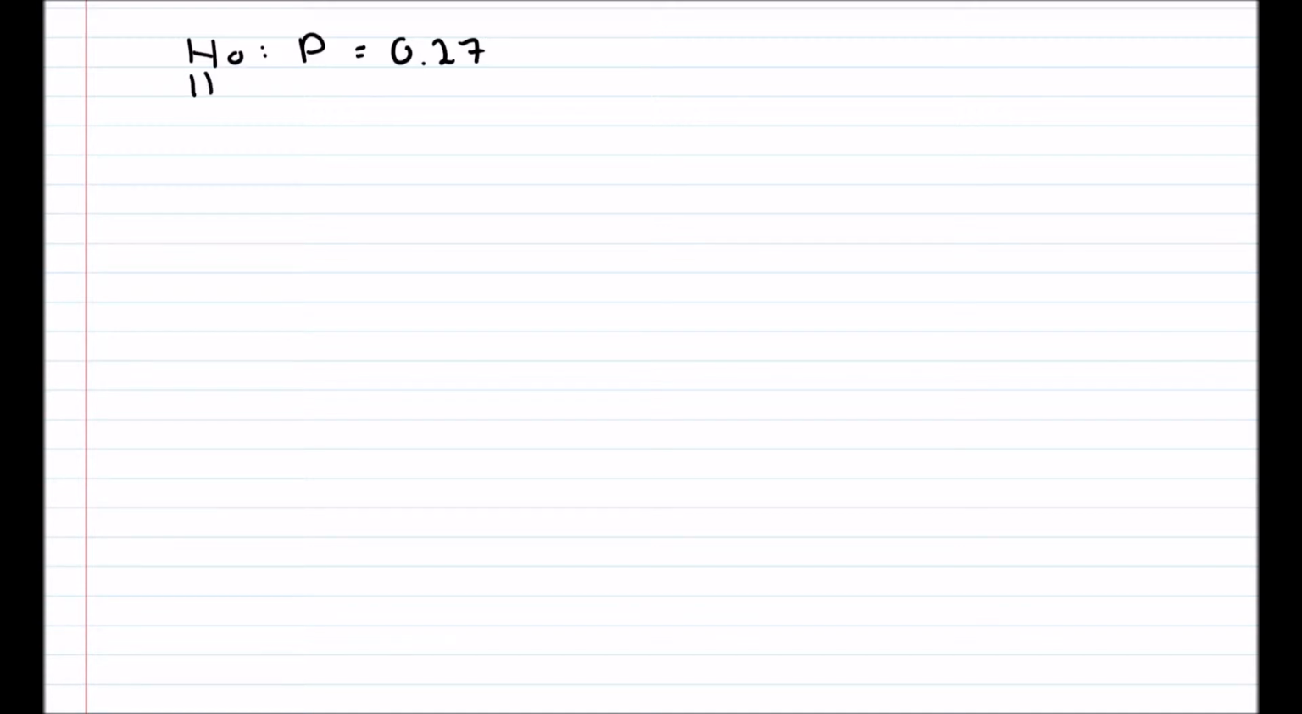H1 then is the alternative hypothesis, and we're saying the population of Dublin is not 0.27, which would show that there's some difference, which following on from that would show that the Dublin kids are performing differently. Okay,